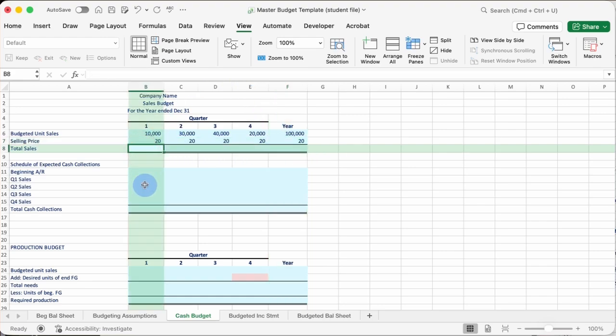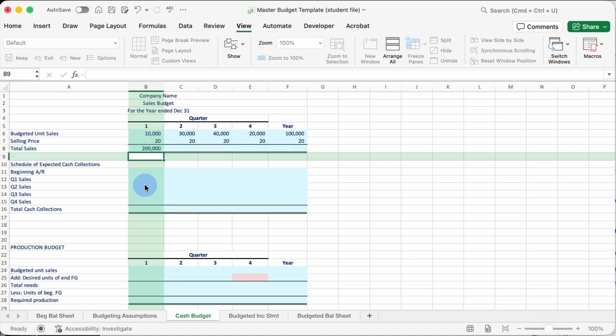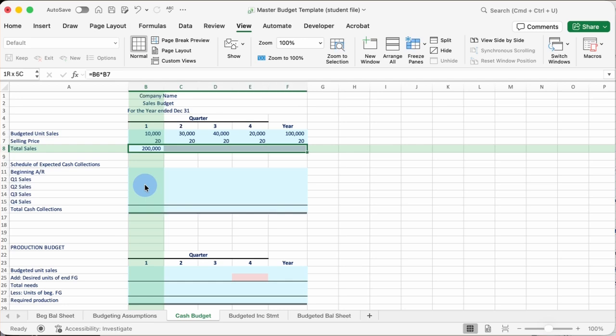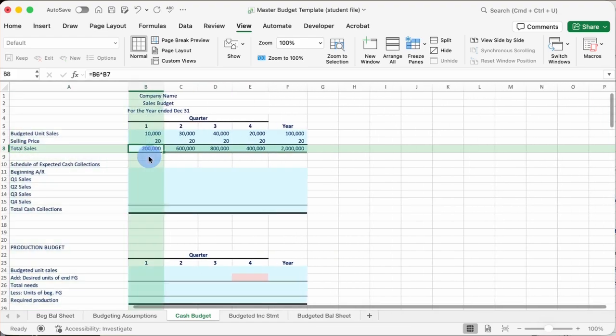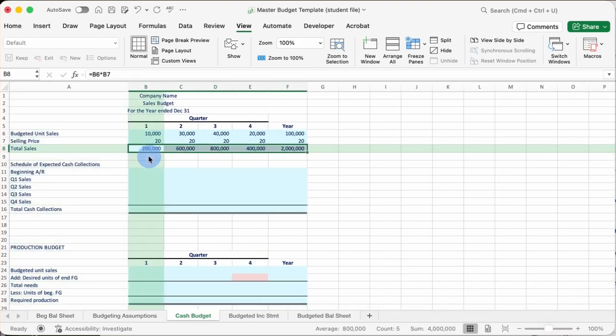The total sales is just the multiplication of the units. So B6 times the selling price in B7, press enter, and then fill this formula to the right as well. And that's Command Shift R. Oops. Sorry, just Command R